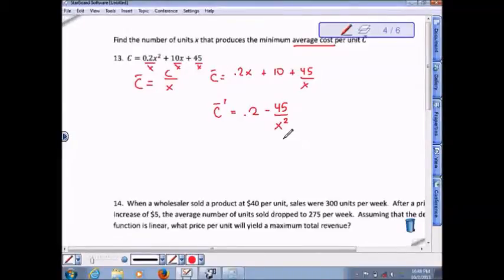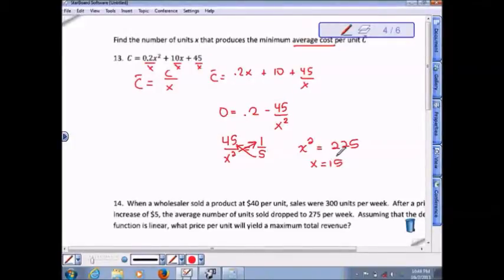over x squared. If we set this equal to 0, we're going to add this term to the left side. It becomes 45 over x squared equals, now 0.2, we can turn that into a fraction, it's 1/5, because 0.2 means 2/10, which is 1/5. Now, again, this is a proportion, it's two equal fractions, so we can solve by cross multiplying is one technique. We have x squared is equal to 45 times 5, which is 225. Square root both sides to get x equals 15,